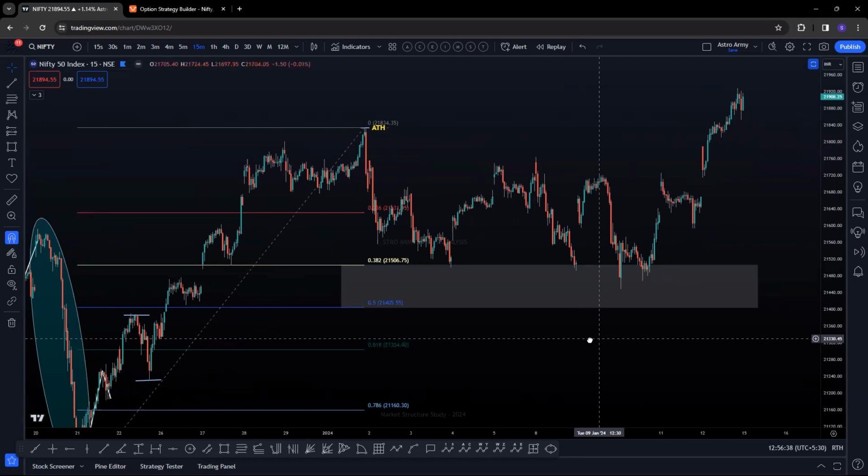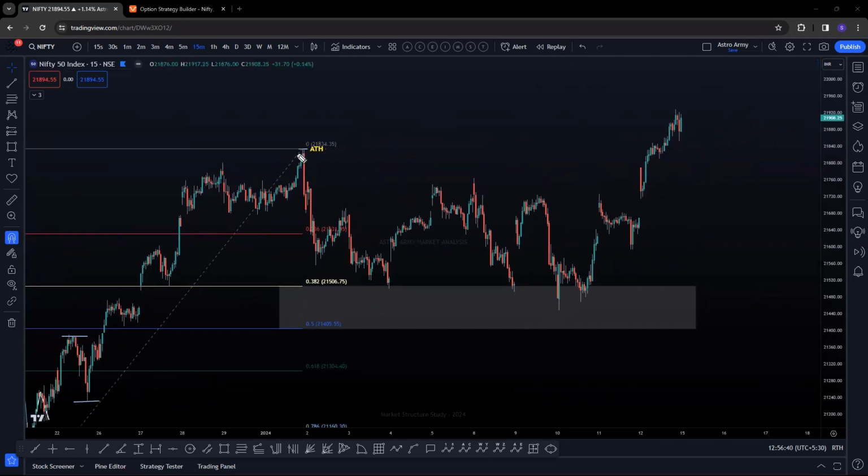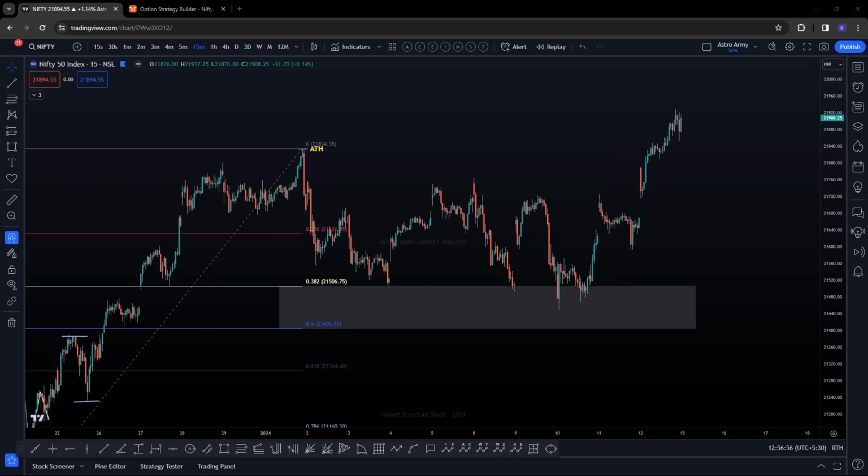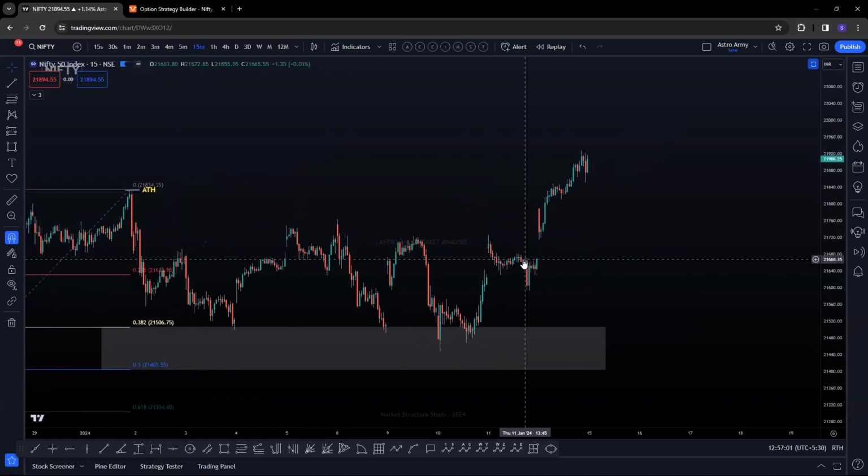Learn market structure first. So when you know this structure is your wave 4, I've repeatedly told you wave 4 is the most dangerous wave. It will chop out all the retailers, right? This is what has happened in the last week. It's not common, but once it happens, it is very dangerous. So you have to manage your risk at this time. 38 to 50% zone was protected. Very simple. 21,900 also was hit in the last week. Everything as per plan. Going forward, what do we have next week, right?